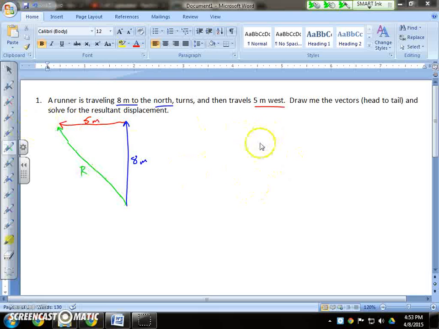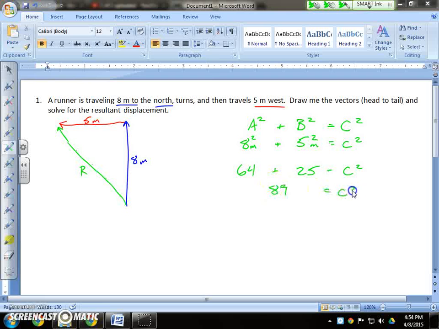In any case, the way that we set this up is a nice little Pythagorean theorem. A squared plus b squared equals c squared. It doesn't matter which we start with, so I'm going to start with a is 8 meters, and we're squaring that guy. Plus 5 squared. And we'll throw a c squared in there too because we like finishing off the equation. 8 squared is going to give us 64. Plus 5 squared gives us 25. And again, we still equal c squared. 64 plus 25 gives us a nice little 89